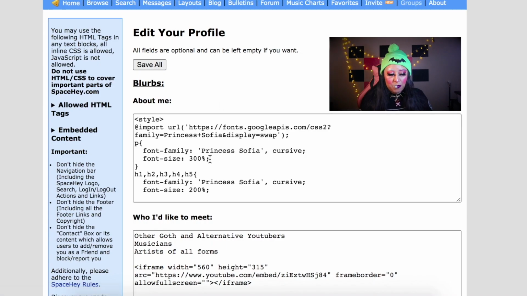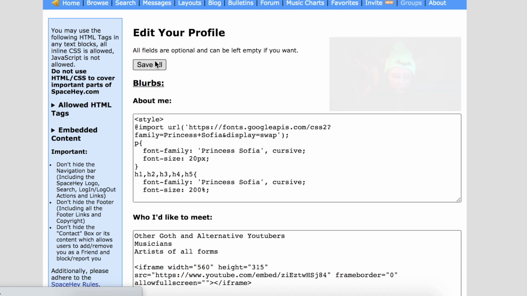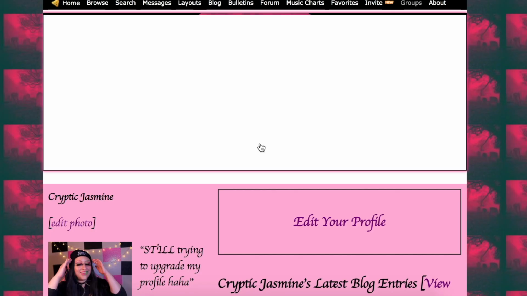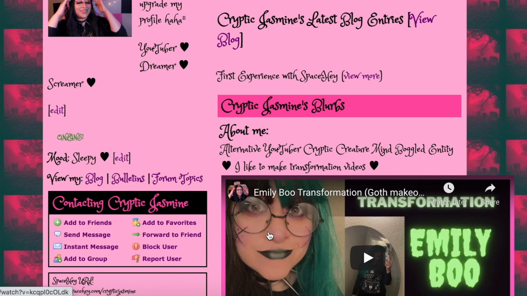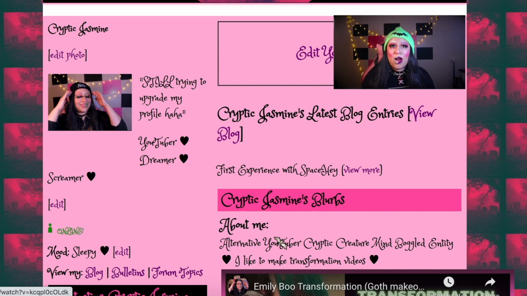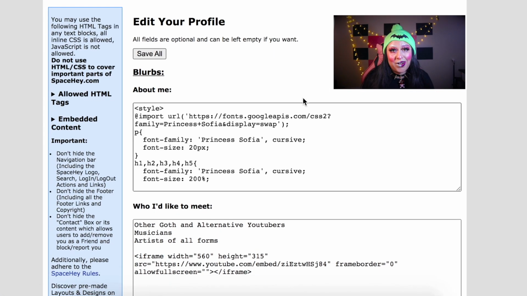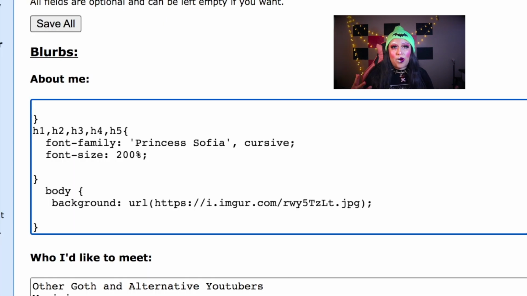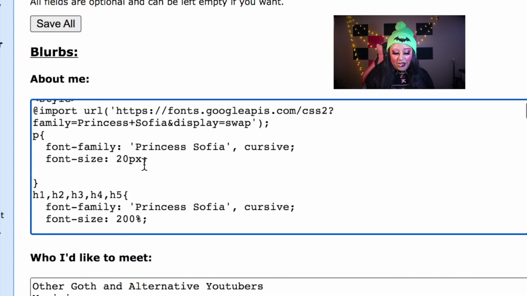You can also use pixels, I believe. So instead of the percentage, it could be like 20px and then semicolon. And that changed it as well. So now we've gone over how to choose a font, how to change the size of your font, and now I'm going to show you how to change the font color, because that's something that I had a hard time figuring out. The font was already black, so I didn't need to change it,